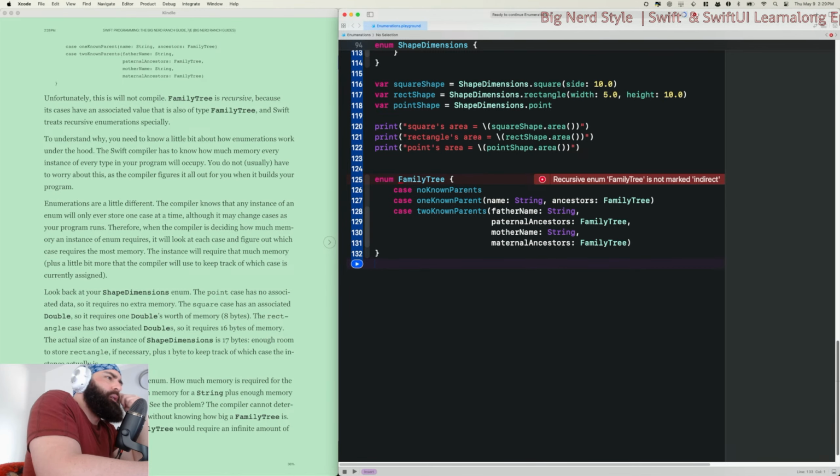Therefore, when the compiler is deciding how much memory an instance of an enum requires, it will look at each case and figure out which case requires the most memory. The instance will require that much memory plus a little bit more that the compiler will use to keep track of which case is currently assigned. Look back at your shape dimensions enum. The point case has no associated data, so it requires no extra memory. The square case has an associated double, so it requires one double's worth of memory, 8 bytes. The rectangle case has 2 associated doubles, so it requires 16 bytes of memory. The actual size of an instance of shape dimensions is 17 bytes, enough room to store a rectangle if necessary, plus 1 byte to keep track of which case the